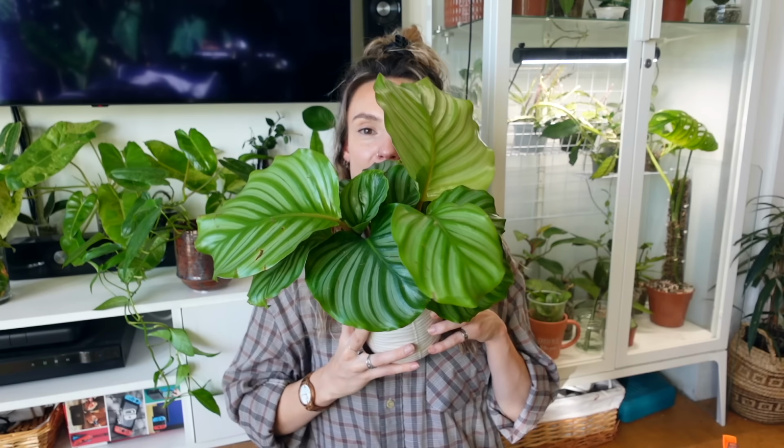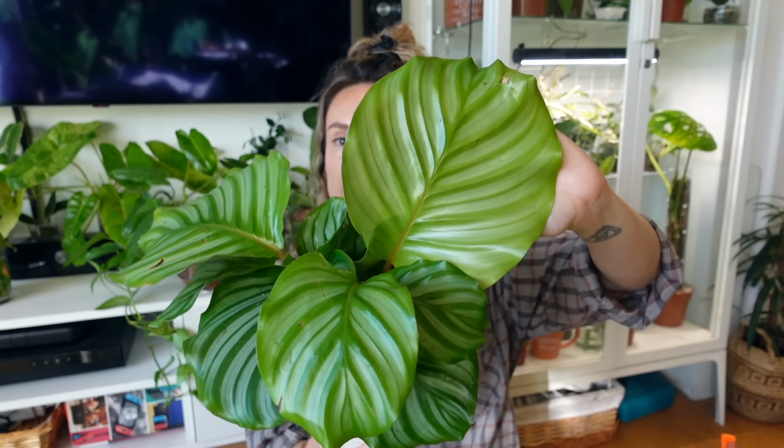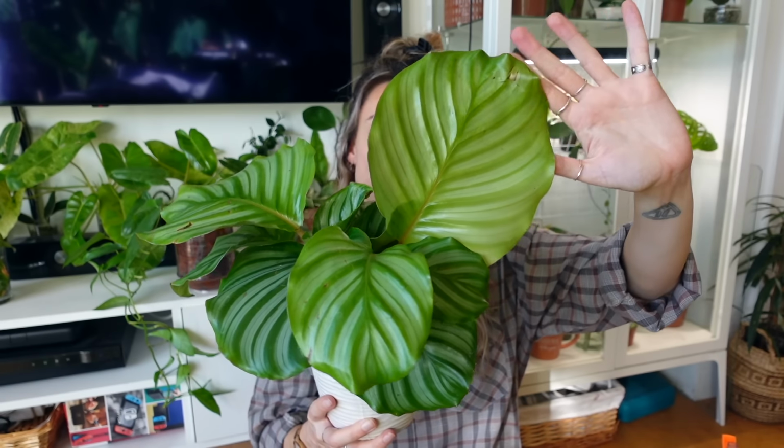And although she is much smaller than she was before, for the first time in a really long time, I feel like the plant is healthy. I haven't had any signs of pests. All the growth she's giving me is really full and beautiful. That leaf there has just finished unfurling, and I think it's so gorgeous. And although she's not as big and beefy, big and full as she was before,